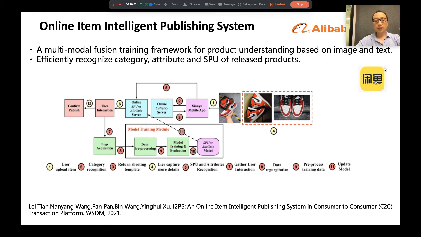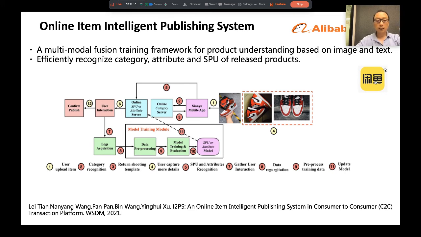So the users want to sell their product faster. Therefore, they have to list as much item information as possible, such as the product's name and brand. Thus, we employ two simple yet effective classification modules for SPU and attribute recognition. The SPU can be considered as the smallest unit of aggregated product information.